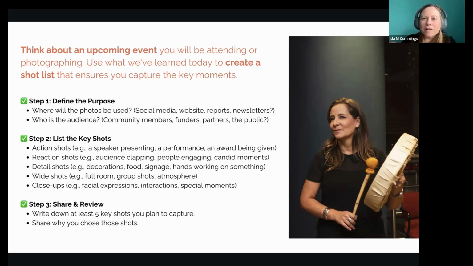But waiting for that moment to happen, where maybe somebody pats somebody on the back of the head, a handshake, they're pointing at the board, they're putting the sticky notes up. Waiting, anticipating for that to happen and waiting for it with your frame, camera, is the best thing. So shoot more than you need almost all the time, because what you think is going to look good at the moment, later on when you look through the photos, is going to be a little bit different. So I really feel like having more, but really anticipating and waiting for the moment to unfold before you take the picture.